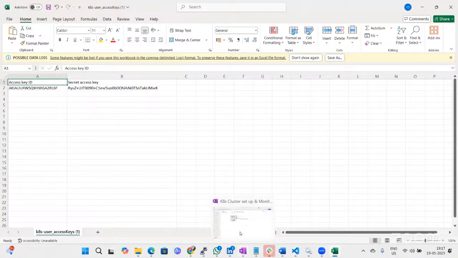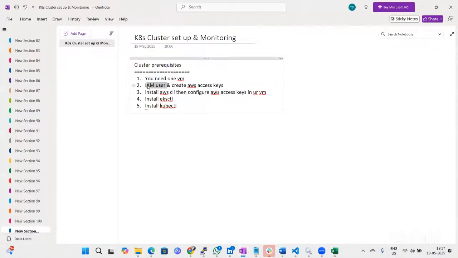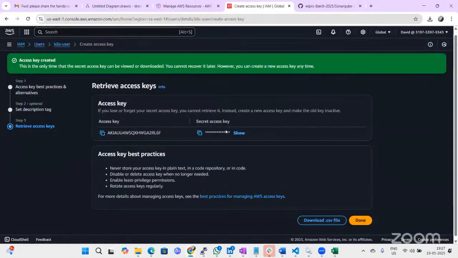So what was the next prerequisite? See, we have created IAM user, we have created access keys. If you want to provide or configure these two access keys in your virtual machine, you should install AWS CLI. So that's why you should install AWS CLI, then configure your AWS access keys in your virtual machine. So let me explain how you can install